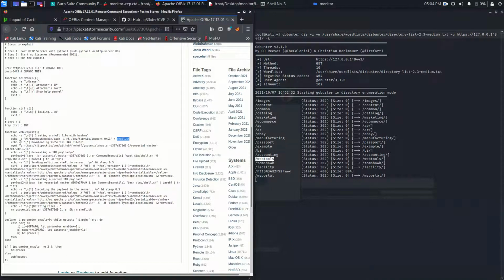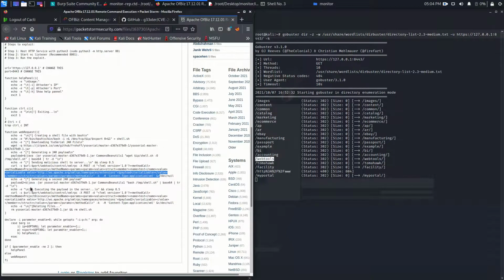Then you do not need to manually install ysoserial. From here, it downloads that file onto your system and then creates the payload on your system. This is another curl command, sending that with the POST method. Okay,